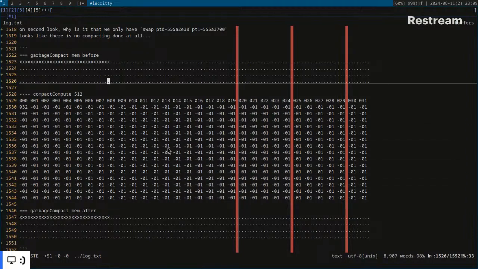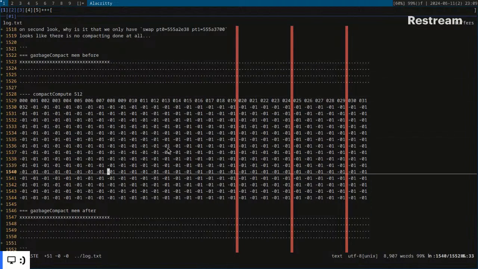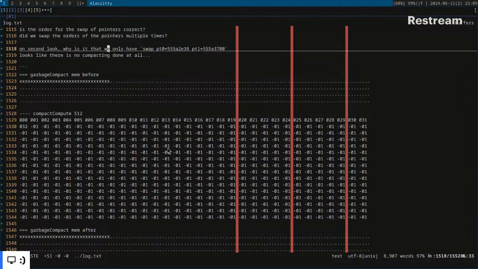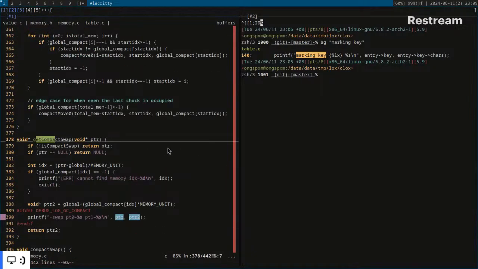Right. The tree selected. There should be no compacting done, but I have a swap. So that's wrong. Let's look at the part for getCompactSwap. If it's not compact swap, return pointer done. If it's now pointer done,